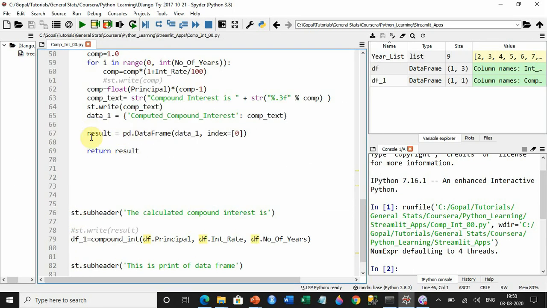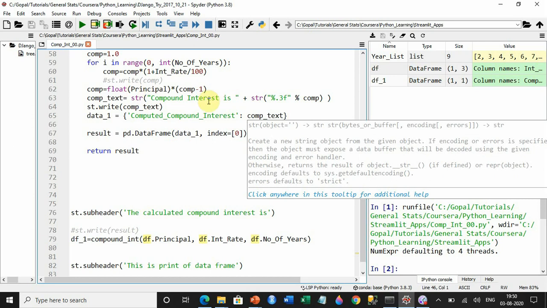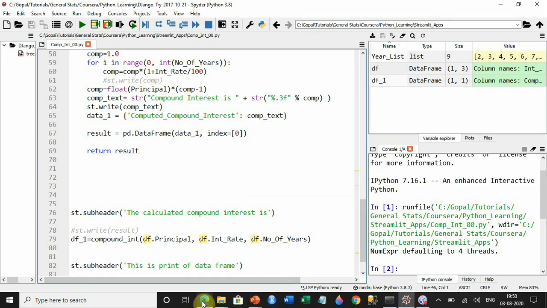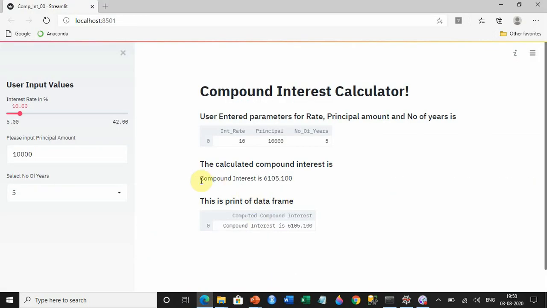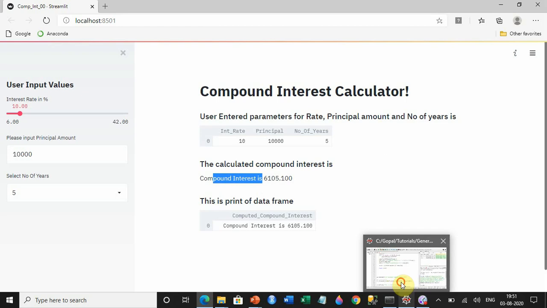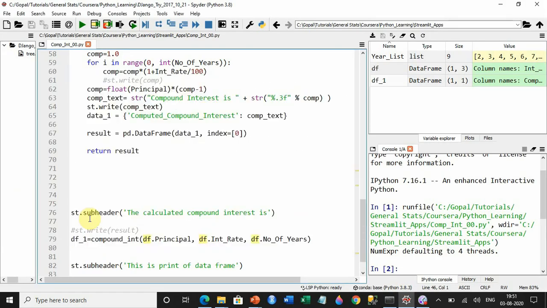Because this function is also returning a data frame. I just created this compound interest value, and this text is what is getting printed here. This compound interest text, and this value I am putting as a single variable into a data set. And that's what I'm putting in df underscore 1.